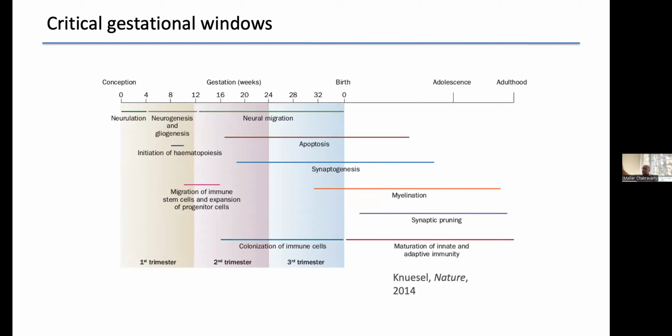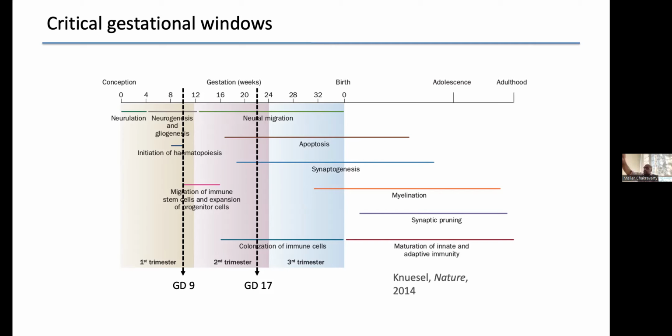And so I've made this timeline of brain development from conception to adulthood in what would be a human. And what we wanted to do was mimic 2 specific gestational epochs. One, which would be more or less late first trimester, early second trimester in the human, which translates to gestational day 9 in the mouse, and gestational day 17, which is late second trimester, early third trimester in the human. And you can imagine that there's a lot of literature on the timing of the inflammatory insult and what that might do to the offspring down the line.